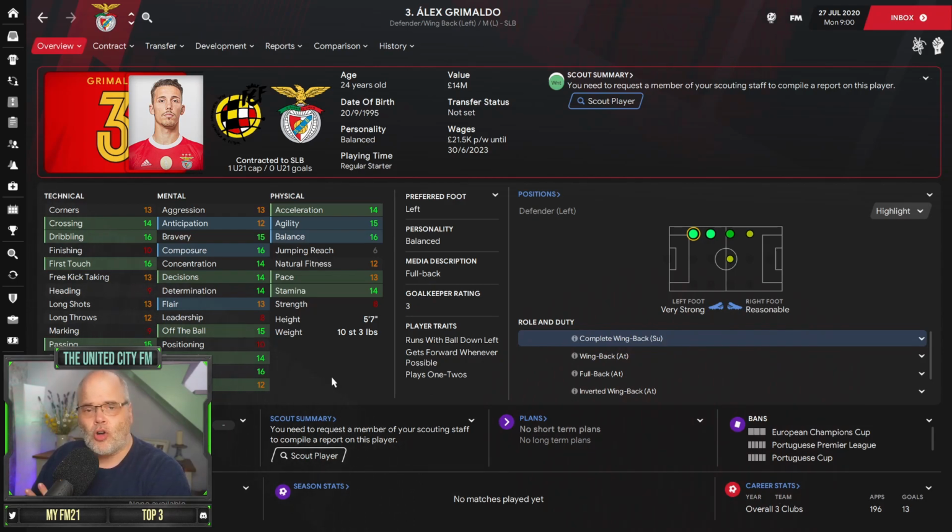option. It might not quite be as glamorous as some of the other ones that we look at, or as well-rounded as some of the others we look at. You can see there's a couple of gaps in his physicals for a start. His pace is slightly lower than the rest that we've seen so far. But for a slightly lower value option that is going to do a really good job and improve a little bit and be in your side for quite a long time after the first season, Grimaldo is a real interesting